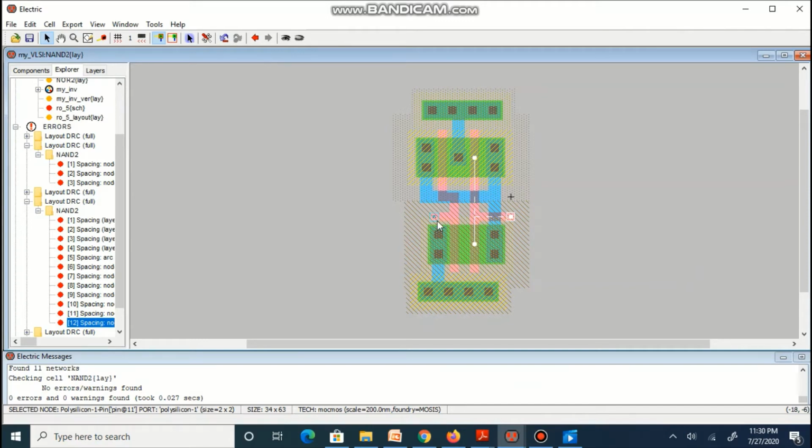We need to maintain minimum distance between poly and metal connection. Otherwise, it will give error. We have already exported A and B as our input.